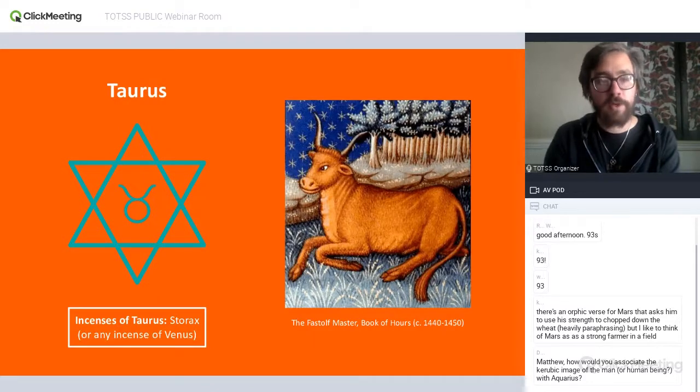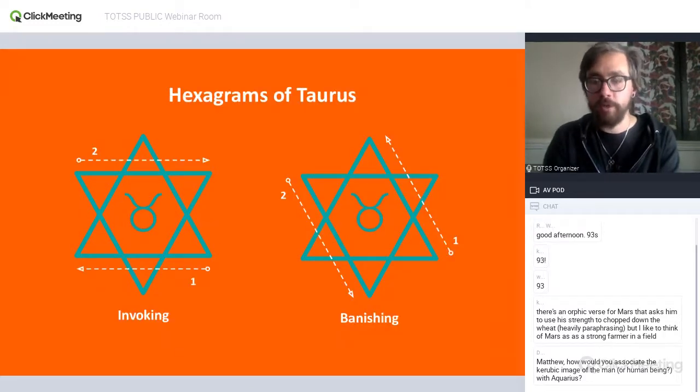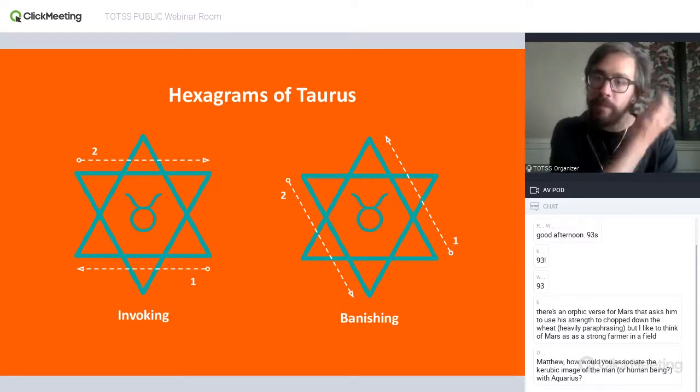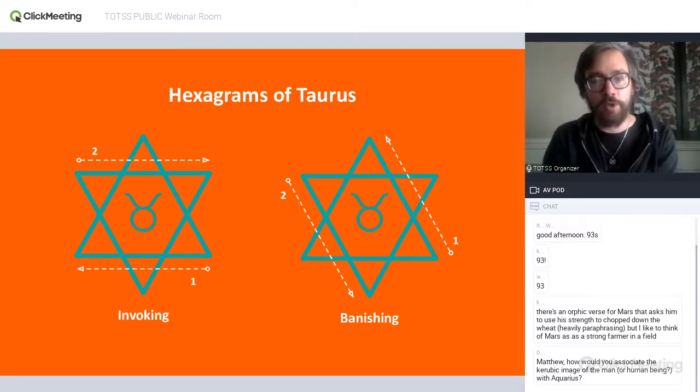All right, and then we have Taurus here. Again, we won't go through all of this, but anyone who wants the slides, I'll post it on the forum for members, and then anybody else who wants the slides, I'm happy to share it as your resource here. Here you can see that you're drawing the hexagram the same way you draw the hexagram of Venus, but you're visualizing it in a background of the Taurus color, and then the hexagram and the sign are being drawn in the complementary color, which interestingly is the color associated with Scorpio. So you get some of that zodiacal opposition right in the color imagery here too, which I think is really nice.